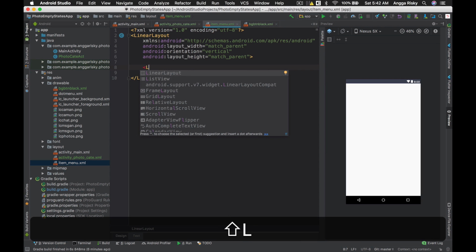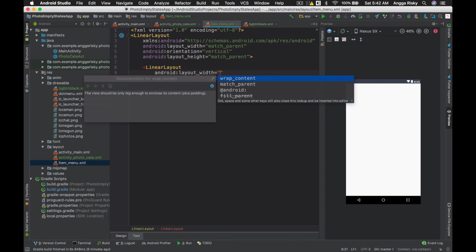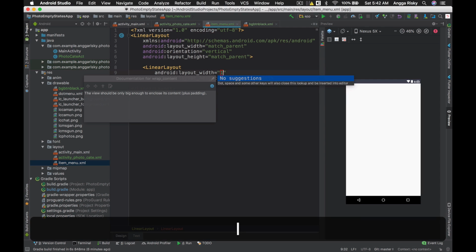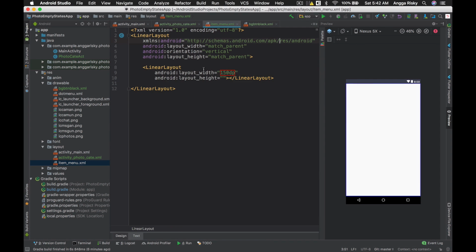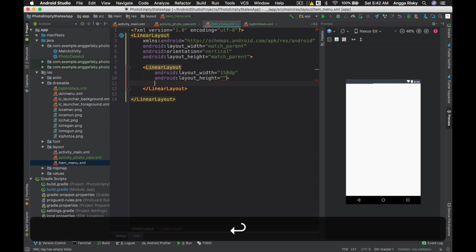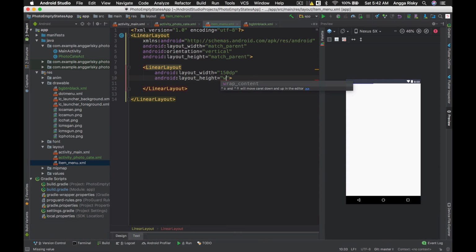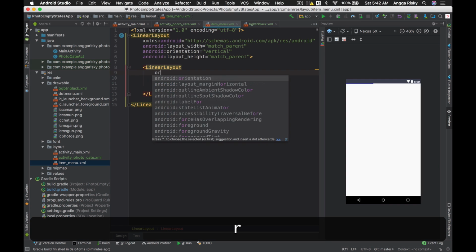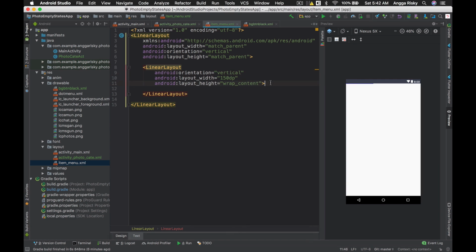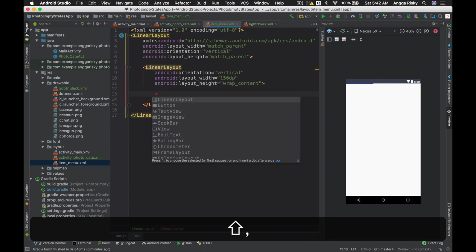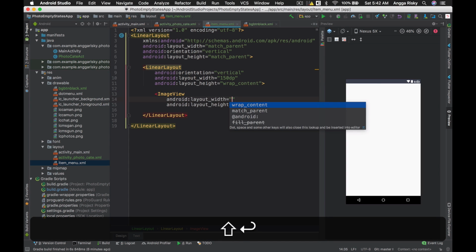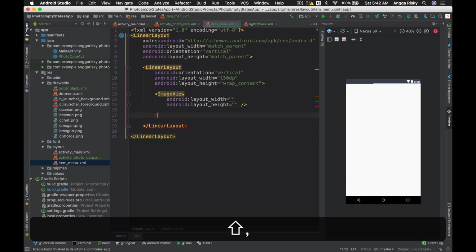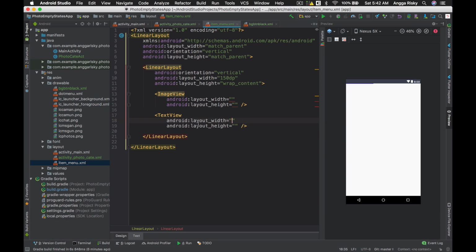And then here I'm going to make another linear layout that I will wrap, maybe 150 dp. Okay, and this is supposed to be wrap content, and this is supposed to be given the orientation, which is vertical. And inside of this linear layout, there is the image view and there is the text view. Okay, like this.